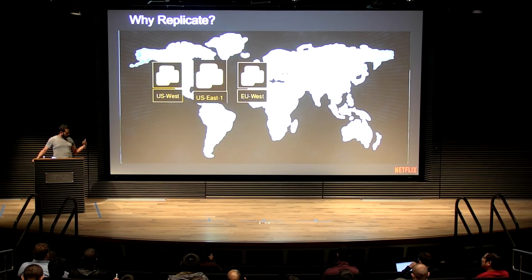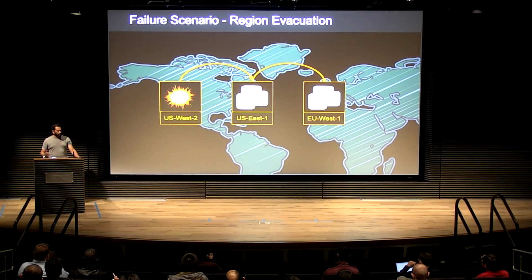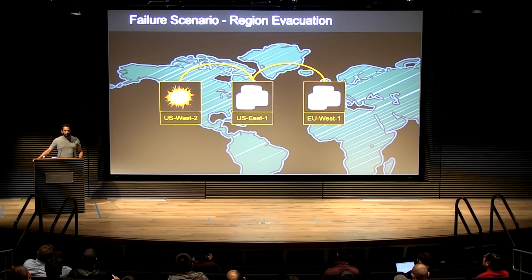I was telling you, we have lots of microservices, and we deploy code every day. We make lots of production changes, hundreds of them. So failures are inevitable. Anything could happen. Our disaster strategy is to move the traffic from the region we are having problems with to the other two regions. If it happens in the night, our traffic team moves the traffic, in this case, from US West 2 to US East 1 and EU West 1. Because we have already replicated the data, the user will have a seamless experience.